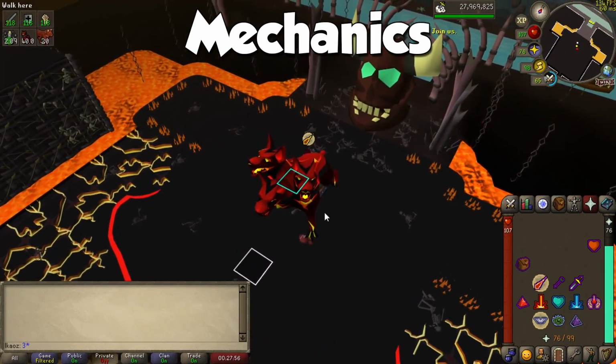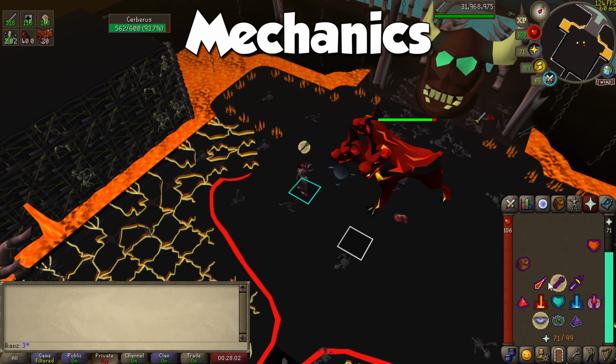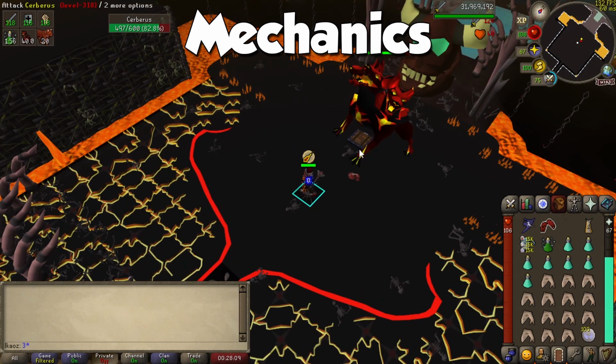You'll be able to attack Cerberus when she stands up, and she will automatically let out a triple attack which happens every 10 actions. Pray Mage, ranged, and then melee to avoid all damage. She can use all 3 attack styles throughout the fight, so the best strategy is just to pray Mage the